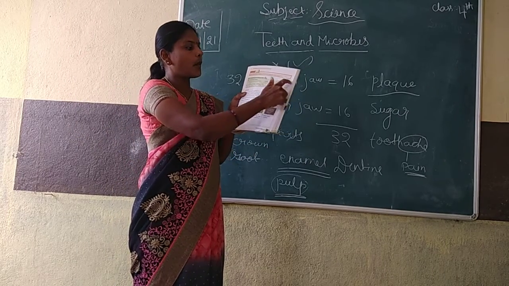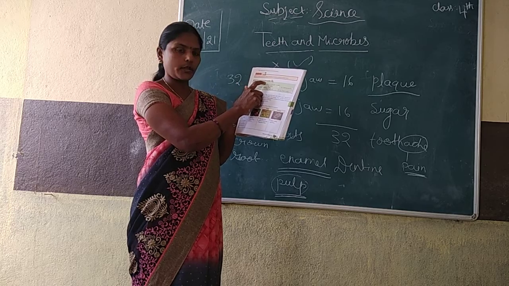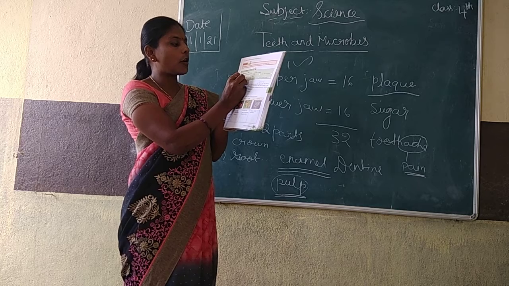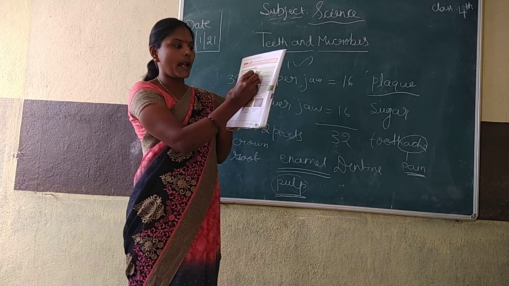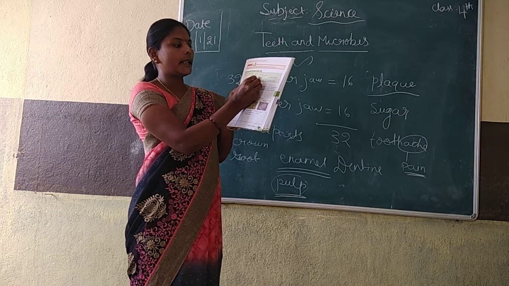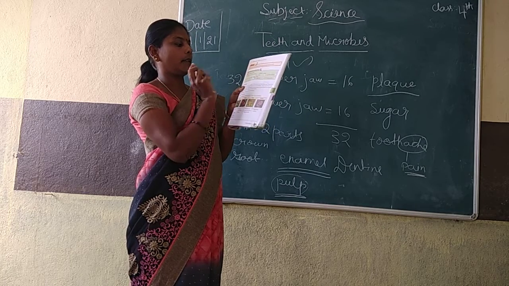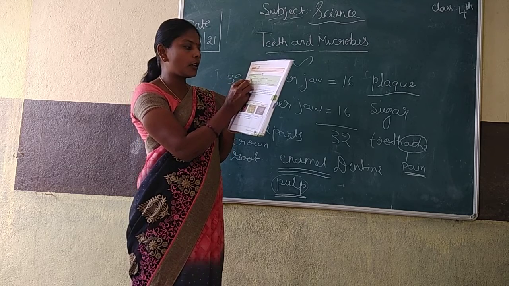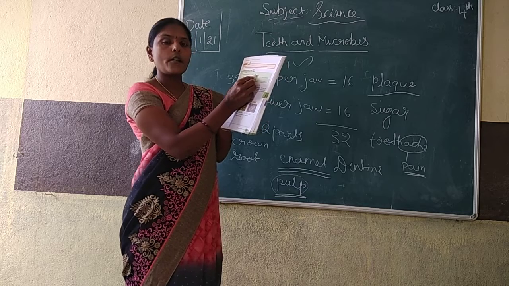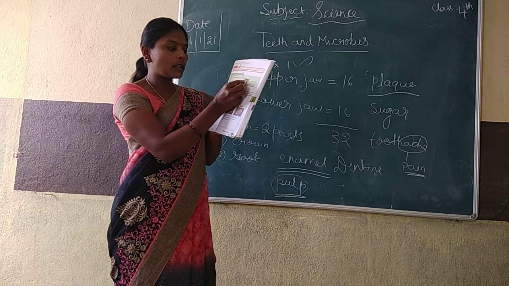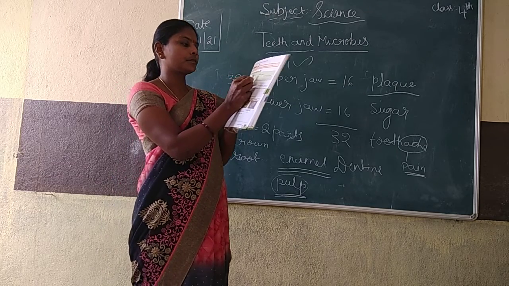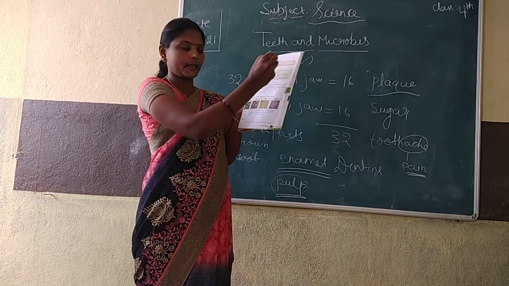Next, a box is there. Multiple choice questions. Take a pencil like this. Eating lots of sweets or chocolate dash our teeth. Options are given: spoil, cleans, both A and B. Which one is correct? Eating lots of sweets and chocolates, what will happen to our teeth? They spoil our teeth. So the first one is correct.